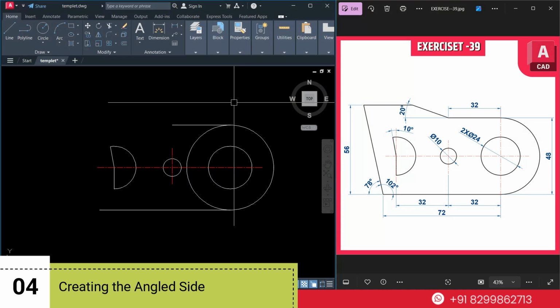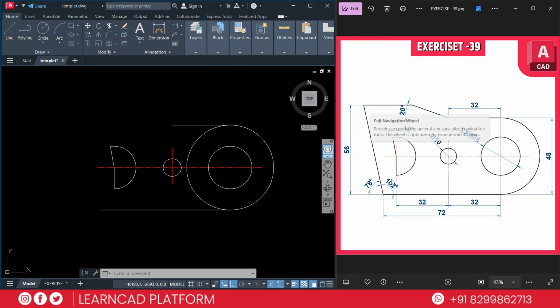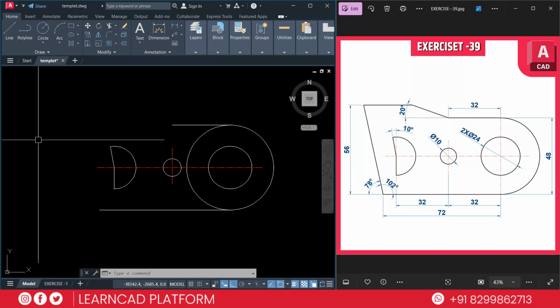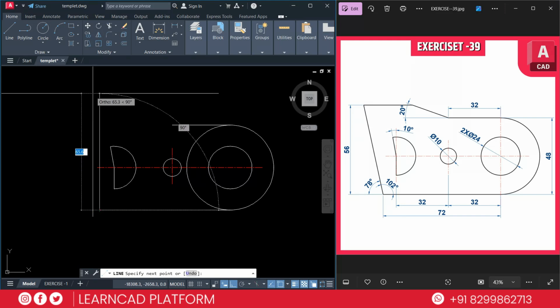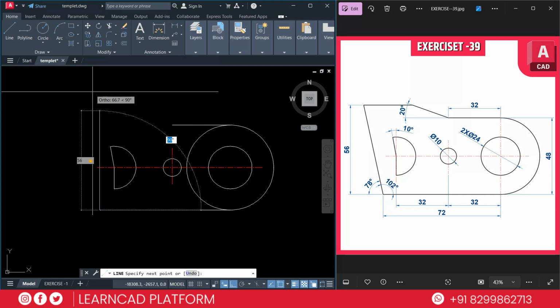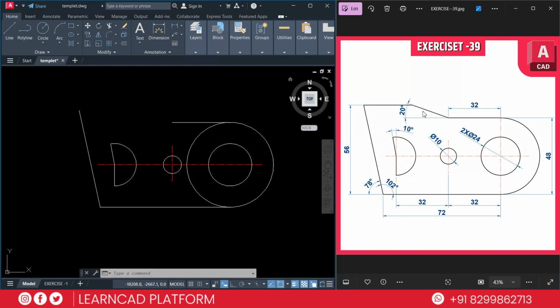Now step 4, creating the angle side. As you see in this diagram, this one is the angle side. So just use L for line, click here, and using line distance it will be 56. Using tab, the angle will be 102, press enter. Now we need to create this angle. Now create this angle. So use L for line,